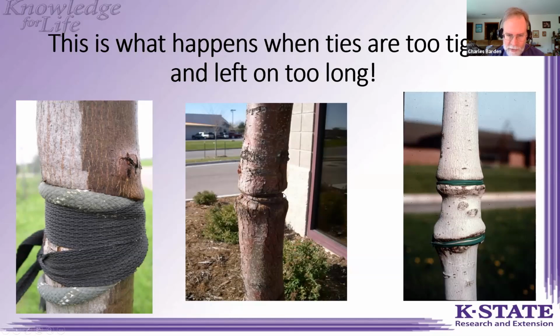This is a very severe one. We've cut away the ties. You can see just how deeply indented it is. This is one that's not quite as severe. They wrapped it with a garden hose and also with bands of wrapping that wasn't quite as tight and damaging as these are. People often ask if this tree on the right hand side can be saved, and it depends on what the crown looks like.